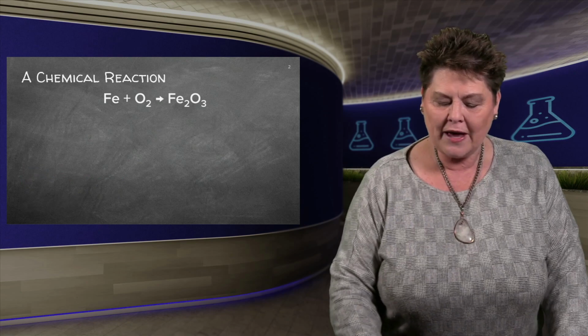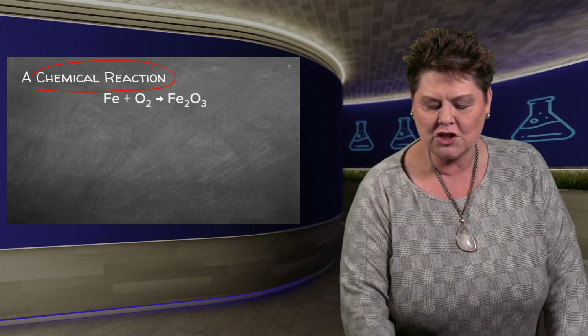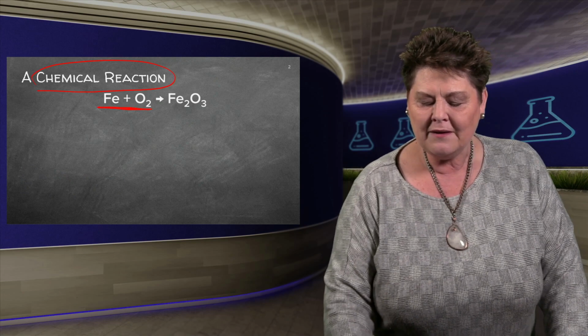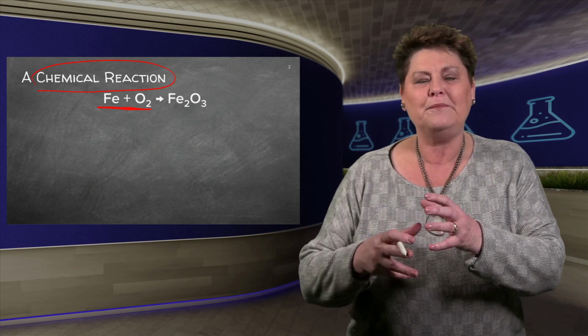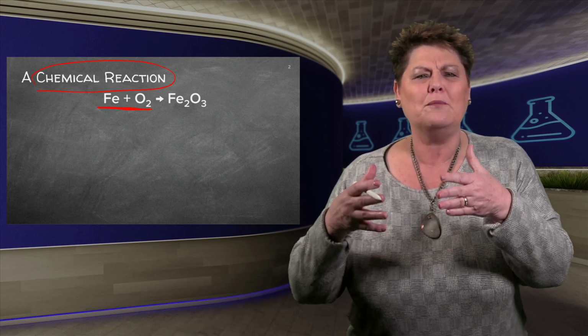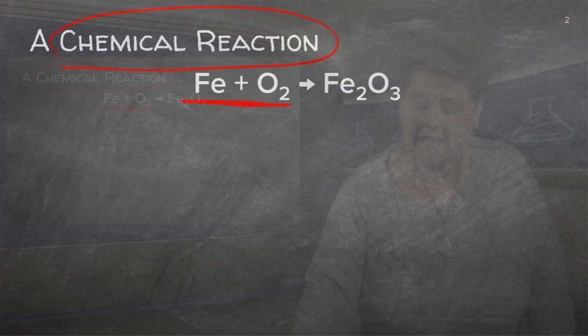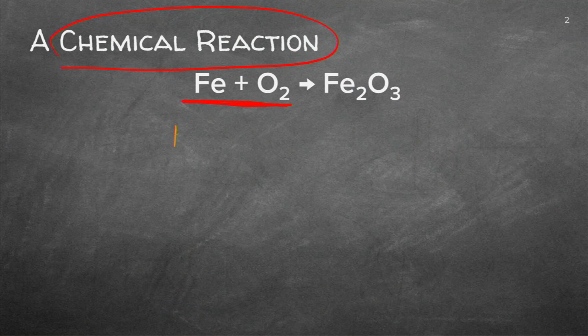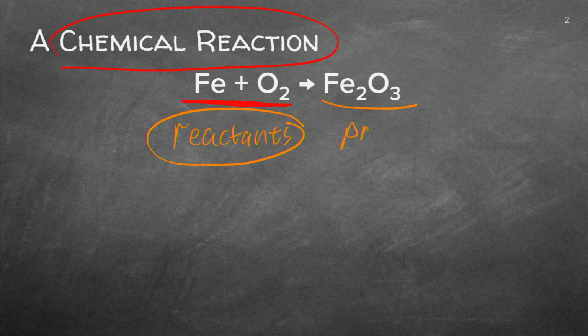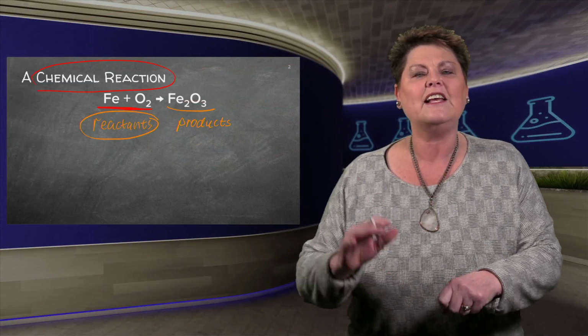Now, the first thing that you have to know, if I've got a chemical reaction, I've got here the elements, the compounds, the molecules, the atoms that I'm putting in. That's got a specific name. We call that the reactants. That's what's going to go into this cup of coffee. So I'm going to put sugar, milk, coffee, whatever I want as the reactants. And this will be the product. You have to know those two terms because later on they'll just say the reactants and the products.